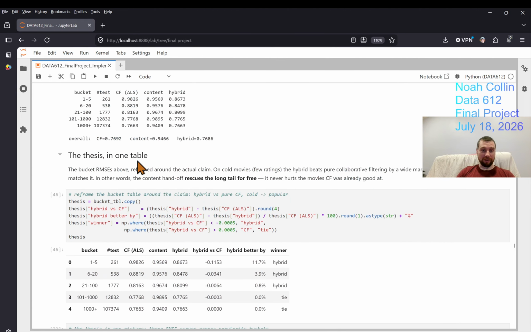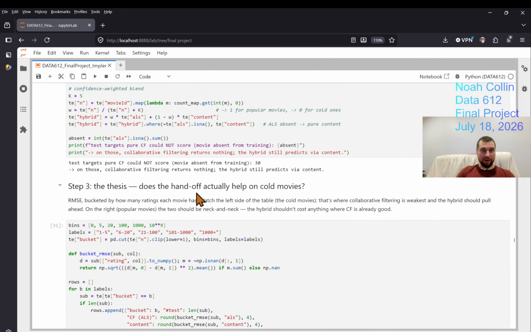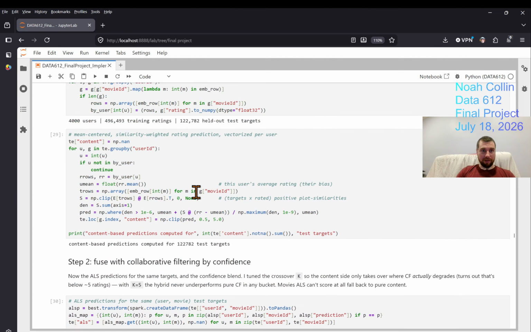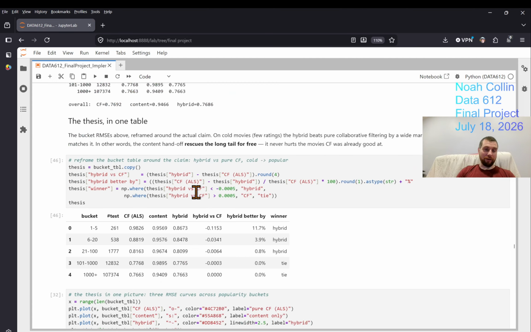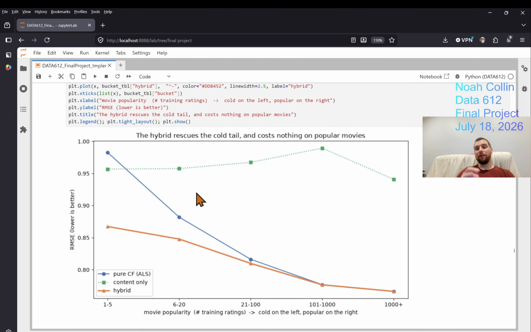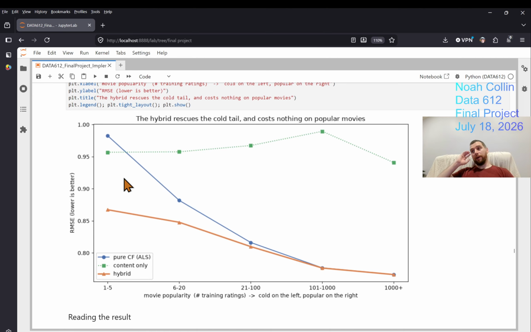And I skipped over something, but the algorithm that we made is a weighted algorithm. It's somewhere in the notebook where it considers the number of ratings it has in weighing how much the text is going to impact the hybrid model and how much the ratings and the ALS are going to impact the hybrid model. But in other words, the one interesting thing is the hybrid model can also recommend movies that have no ratings because it can just go off text, and that's built into the little